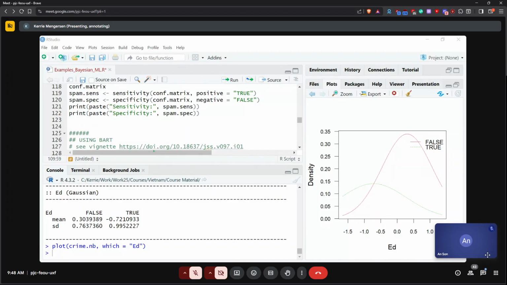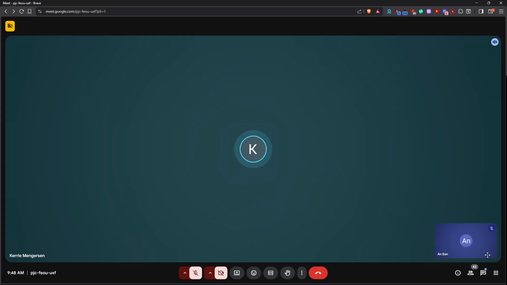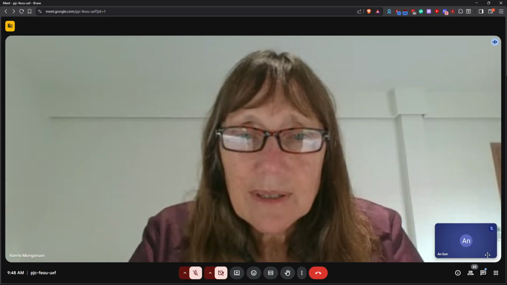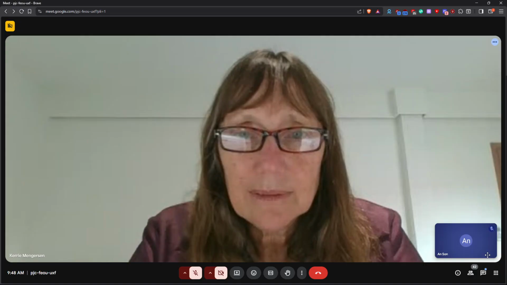I have my little pointer back. Go away, pointer, I don't want you. Sometimes it shares and sometimes it doesn't, by the look of it.